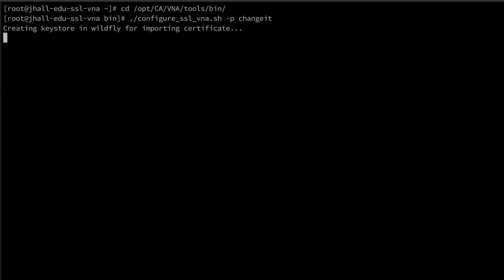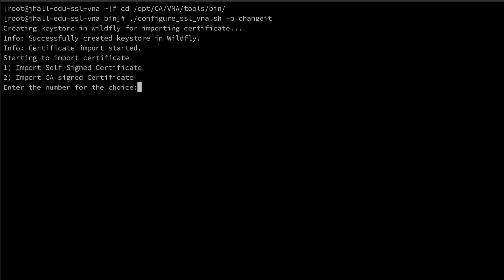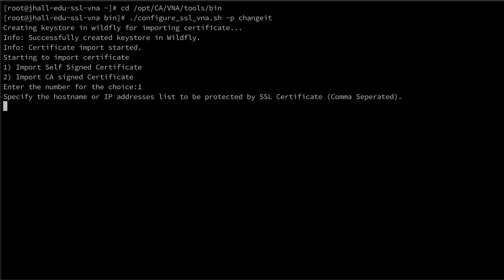At the prompt to start the import of a certificate, we will enter 1, to select the self-signed certificate option. And to clarify, the prompt says to import the certificate, but technically, the script will create the private key, the key store, and the complete self-signed certificate chain, then import the certificates, so there isn't an existing certificate that needs imported. We'll hit enter, and the next set of prompts will ask for information that will be used to create